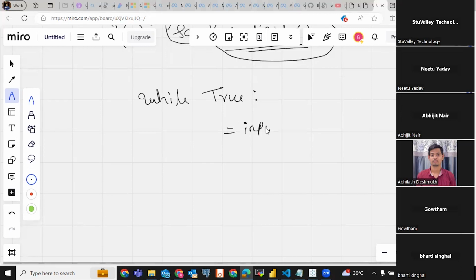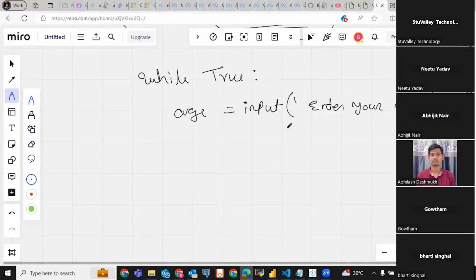Like I'm saying, hey, just tell me your age. So enter your age. Okay, we have taken this. Now assign it into some variable. The user will enter their age and we are storing it into the age variable. That's done. But here we are not saying any int or anything. So here we will use this